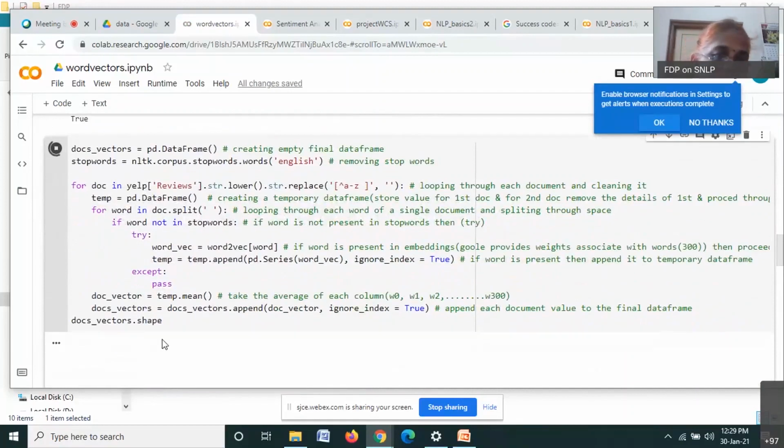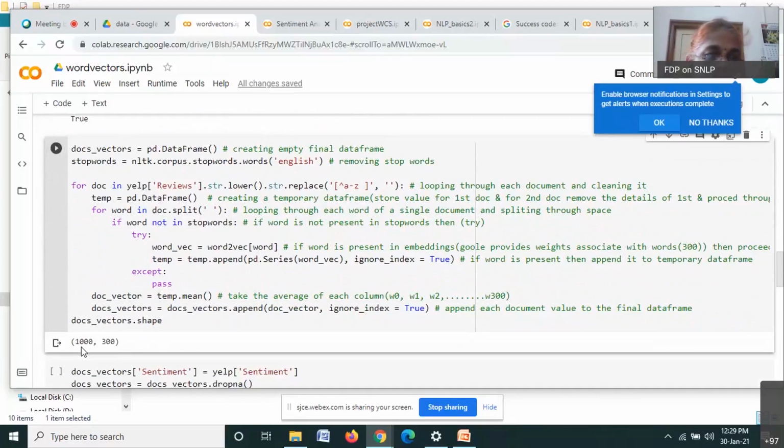So you have to get the shape of this vectors. Can you make out, it is 1000 and 300. So 1000 documents are there, and 300 is the size of the vector.